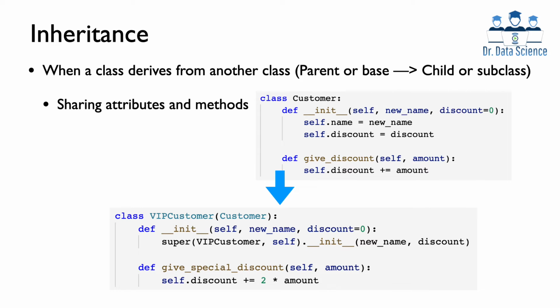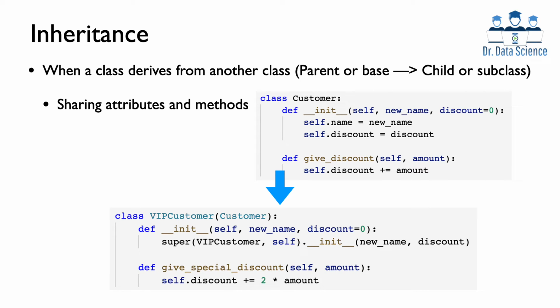The second one, which is extremely important, and that's exactly why we need it for PyTorch, is inheritance. Inheritance means a class derives from another class, meaning that you have a parent or base class, and then you want to have a new class which we call a child or subclass. In PyTorch, we use mainly the terminology subclass. And the nice thing about this is that you can share attributes and methods of the parent or base class with the subclass. So let's say we have this class which is called Customer,